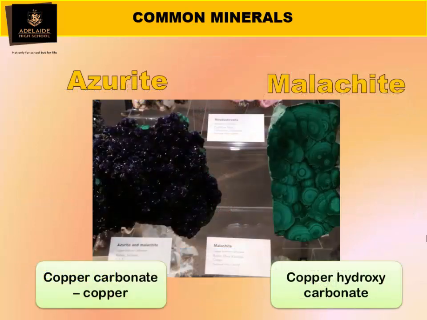Has anyone seen this? Where have we seen this before? The museum, all right? Azurite and malachite. And the funny thing here is with this azurite, there are some malachite minerals on the azurite, but it's predominantly azurite. So guys, the conclusion we can make here is you don't have one mineral existing on its own. It's a coexistence. All right. And at the bottom here, copper carbonate, or copper hydroxy carbonate, which is mainly copper, and the hydroxy component inside here, OH.